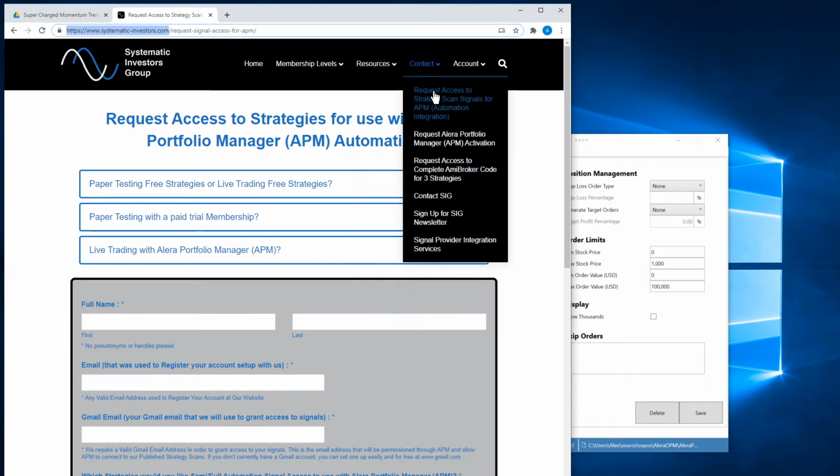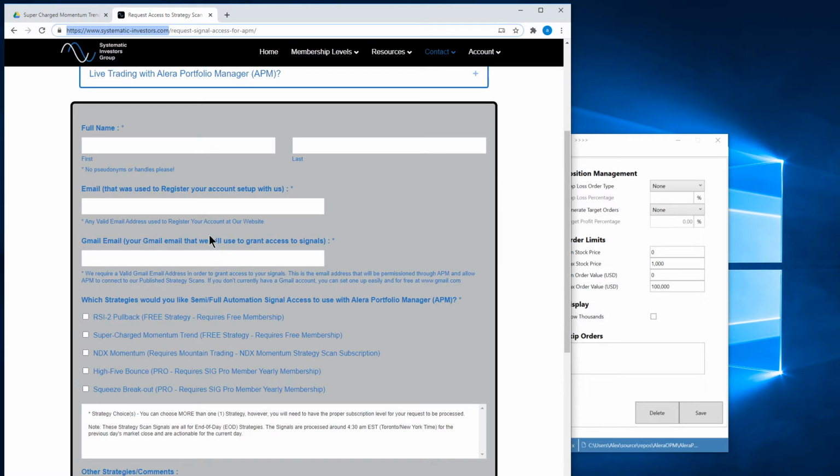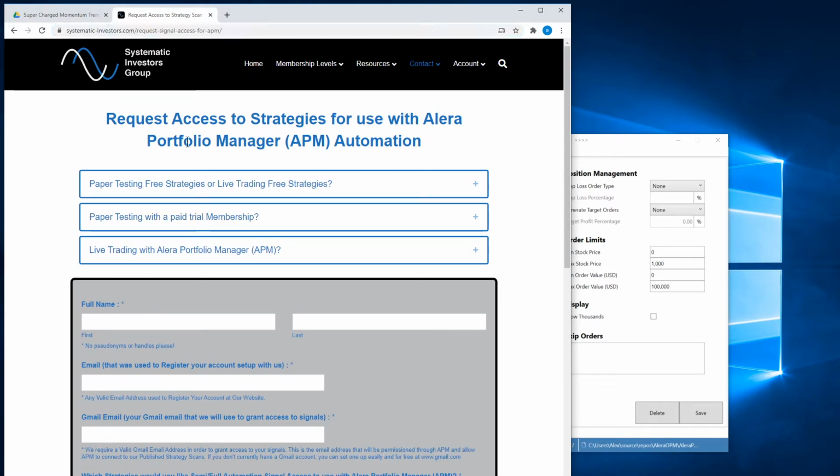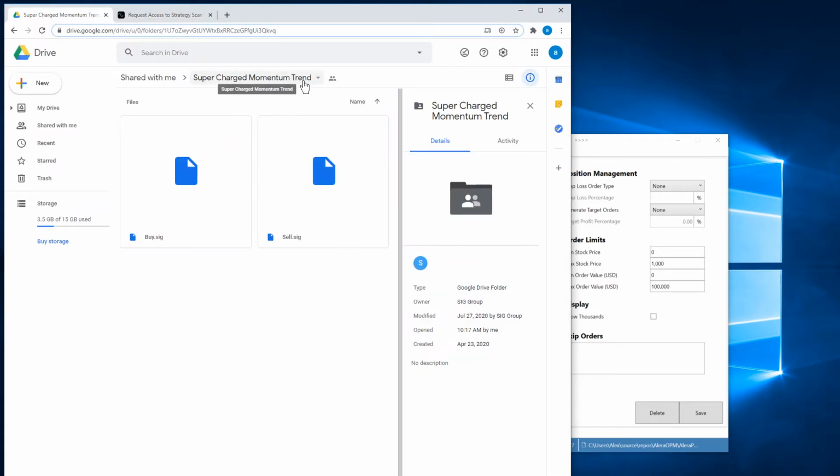You go to Contact, Request Access to Strategy Scan Signals for APM. You fill out this form, and then Dave will give you access to one of the free strategies. In this case, we're going to go over Supercharged Momentum Trend, which he demoed last week. And in this case, there are two files here